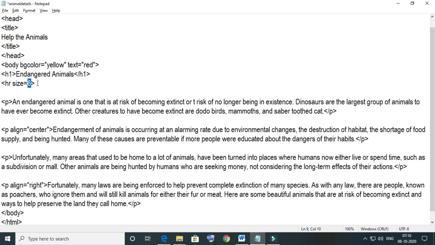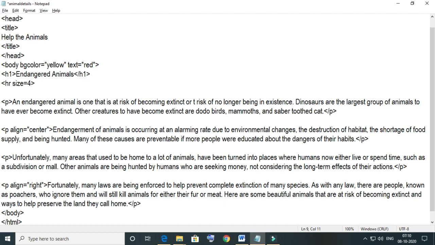Now open your HTML file and insert the tag HR, size is equal to 4, width is equal to 80%, alignment is equal to center. In this way you have to specify all the things, and color is equal to green.